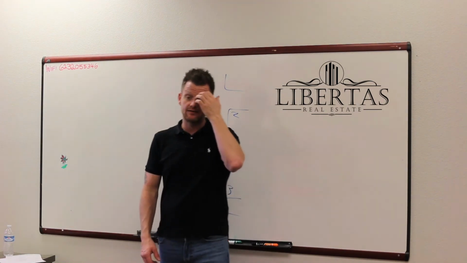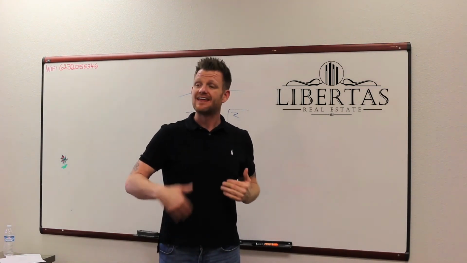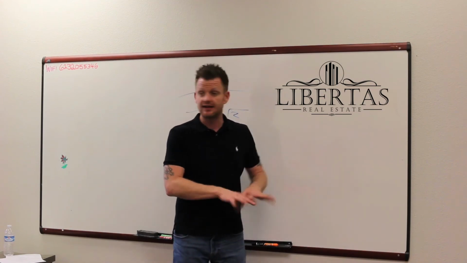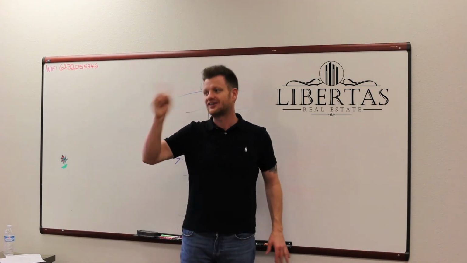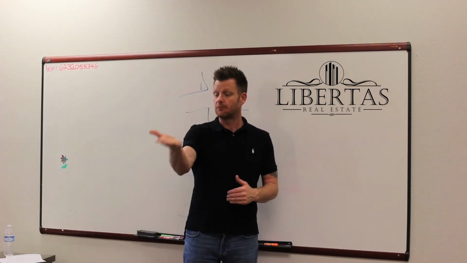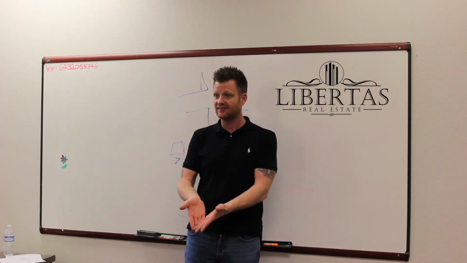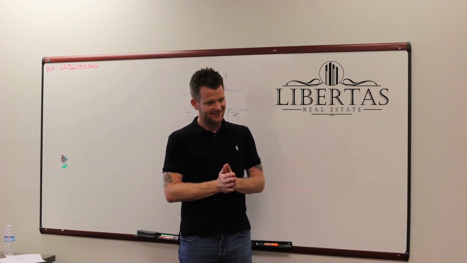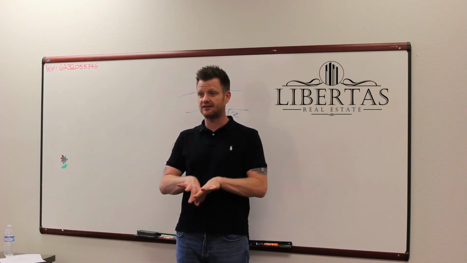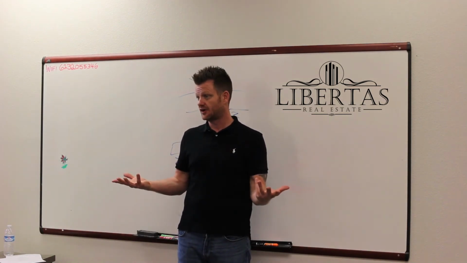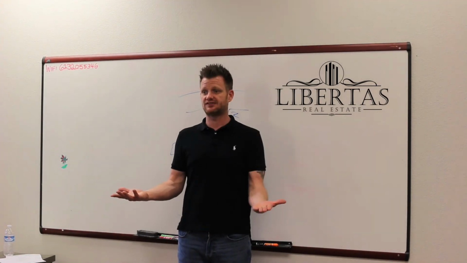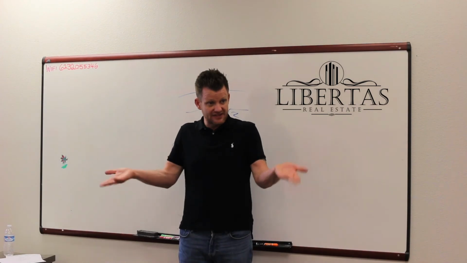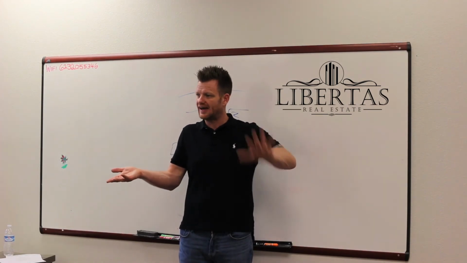Now, another rebuttal you might get from people wanting to deal directly with the listing agent is they think they're going to get a discount. If I go directly to the listing agent, then they don't need to pay two agents. That's the perception anyways. So if you ask them, why do you want to deal directly with the listing agent, and they tell you that, here's how you can overcome it. Well, here's what I want you to understand about commissions. When an agent takes a listing, that 6% is already in the contract. It's already in the price. It's 3% for the buyer's agent, 3% for the listing agent. So I'm an agent. If I sell the property myself, I want both sides of that commission. Why on earth would I lose half my pay?